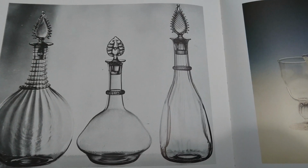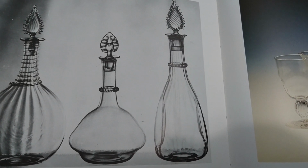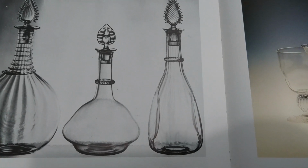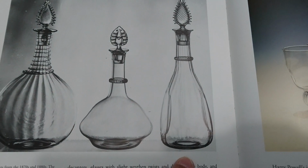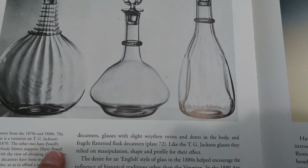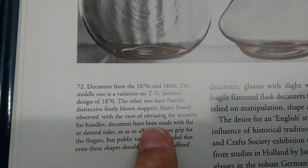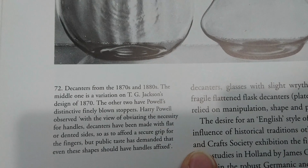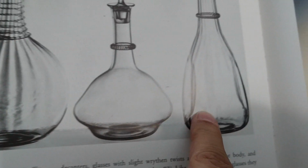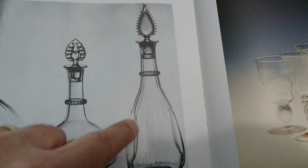The book I have in my lap here is Whitefriars Glass, James Powell and Son of London. It's the Museum of London book, and this one here is the Poppyhead decanter. It's very interesting. They say these decanters are from the 1870s and 1880s. My other book says 1890s. A bit odd, but they're very clear that this is a